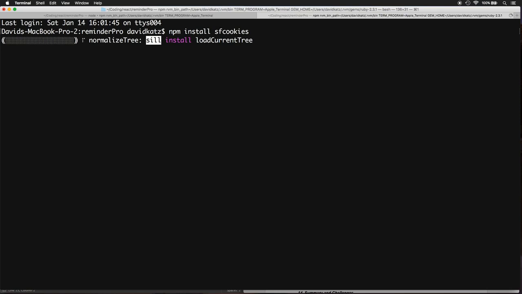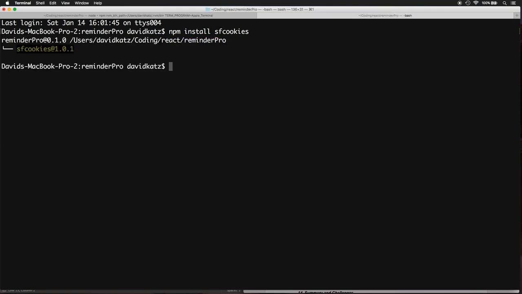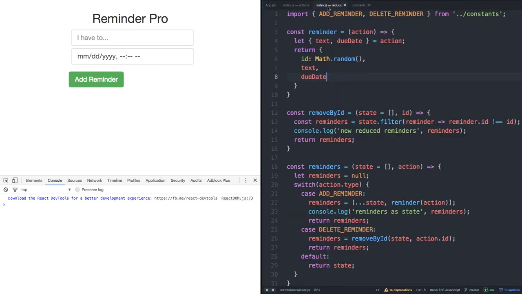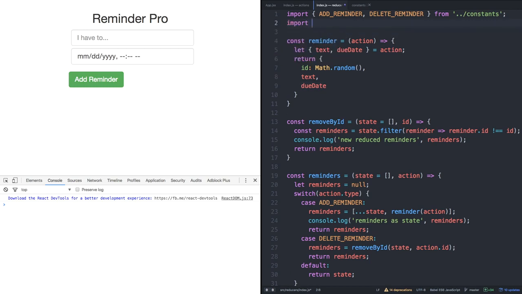Now we need to think about when we actually need to deal with storing cookies when we add a reminder. Well, we always deal with changing our reminders in state within our reducers. So it makes sense to bake cookies and remove cookies whenever we add a reminder or delete a reminder. So head back to your reducers index.js and let's import two methods from sfcookies, bakeCookie and readCookie